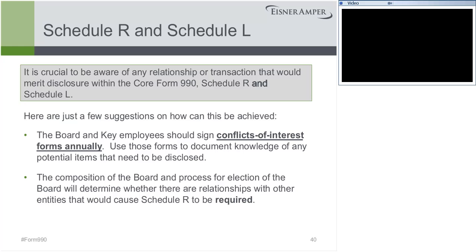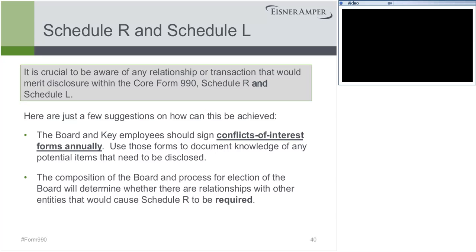It's not necessarily a bad thing, but for whatever reason there's concern that these related party transactions could get a public charity into some deep water. So because of that, there is a possibility that legislation may be proposed very soon that would say that board members need to take a 2/3 vote before entering into a related party transaction. In order to make that happen, an organization would have to know all the related parties, right? And the truth is that the people sitting in the boardroom may not know every relationship that every other board member has. That's why filling out the conflict of interest forms on an annual basis is so important,